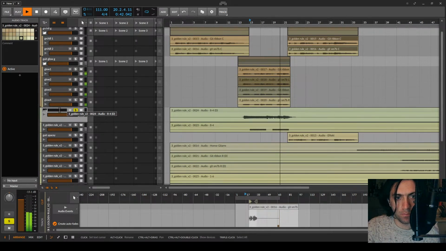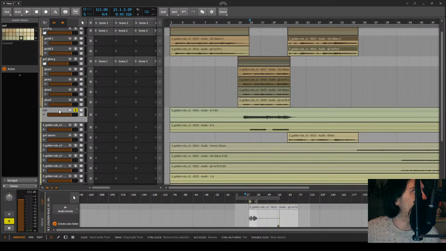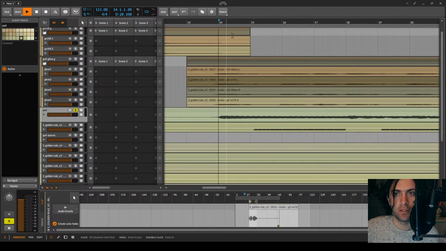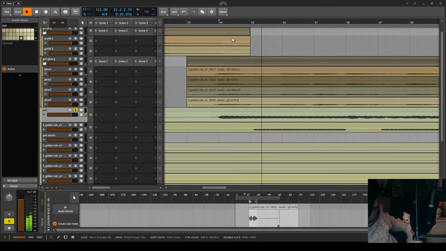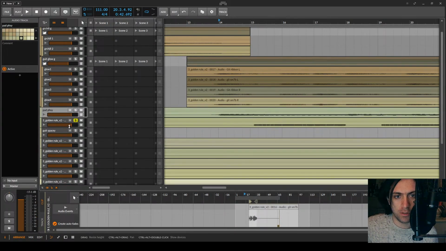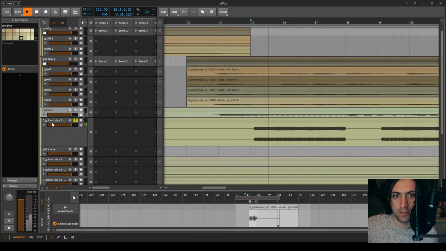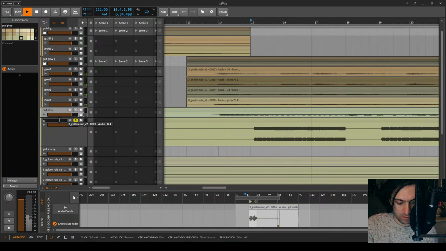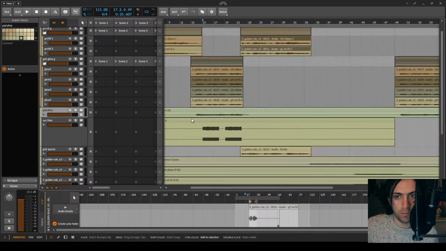Okay, this is a pad. What kind of pad is that? What's the name of such a pad? I think it's kind of a phasey pad, but that doesn't really describe its emotion. I will just call it that anyway, because I want to move on now. So what do we have here? Okay, a synth flute. That was pretty easy to name.